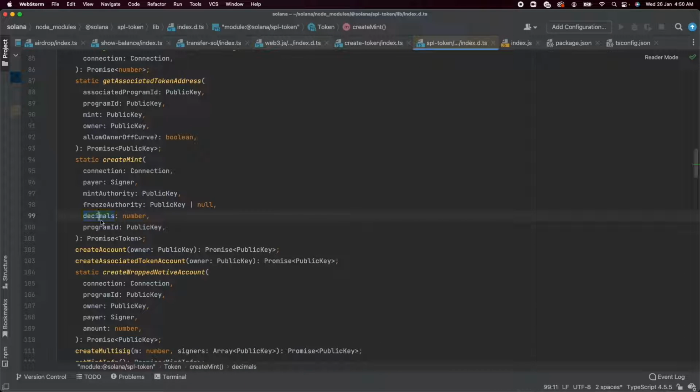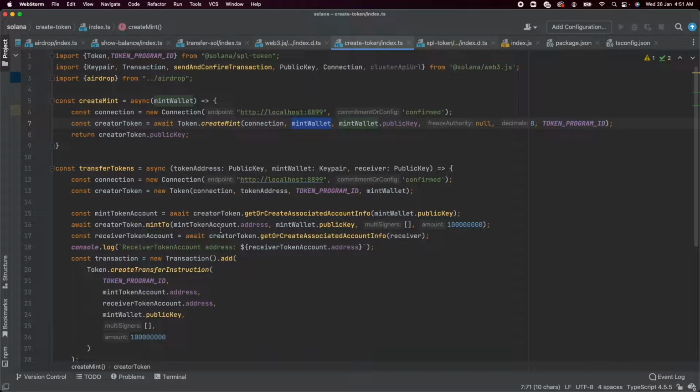And the next one is called decimal, which means the number of smaller decimals that you can break down a single token into. The value for Solana is 10^9, and each one of these is called Lamport for Solana. And you can define your own decimal supply over here. If the supply is 100, that means a single token can be broken down into 100 smaller parts. And the final argument is program ID. You can ignore this for now, and we'll just be passing in a constant to it right now. Later, we'll try to understand what is the need of this argument and whether or not it will always be a constant.